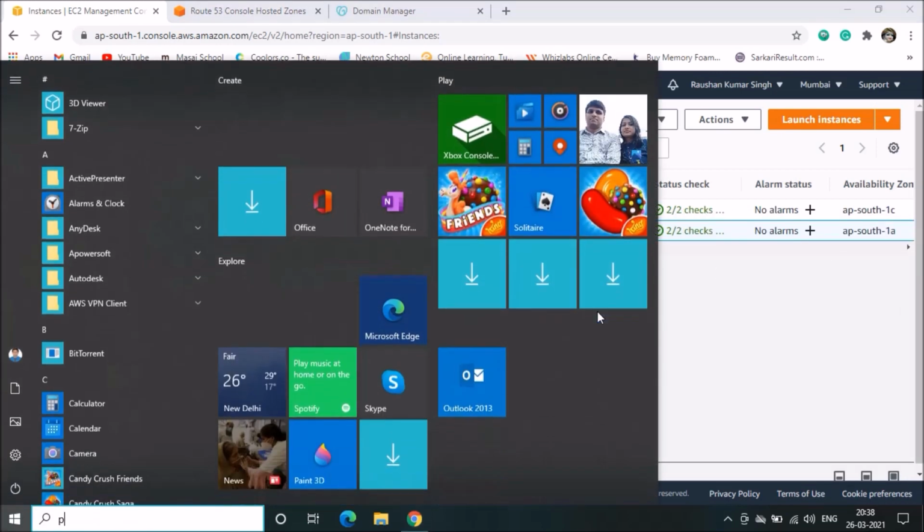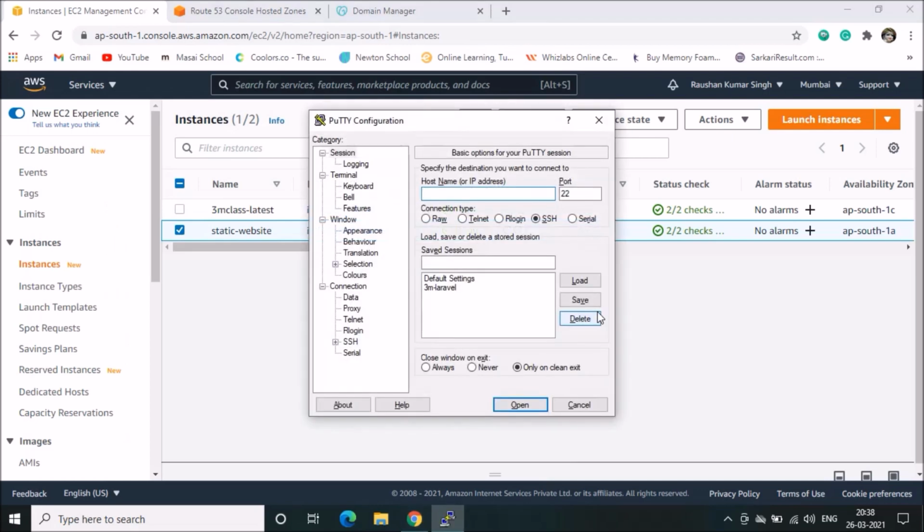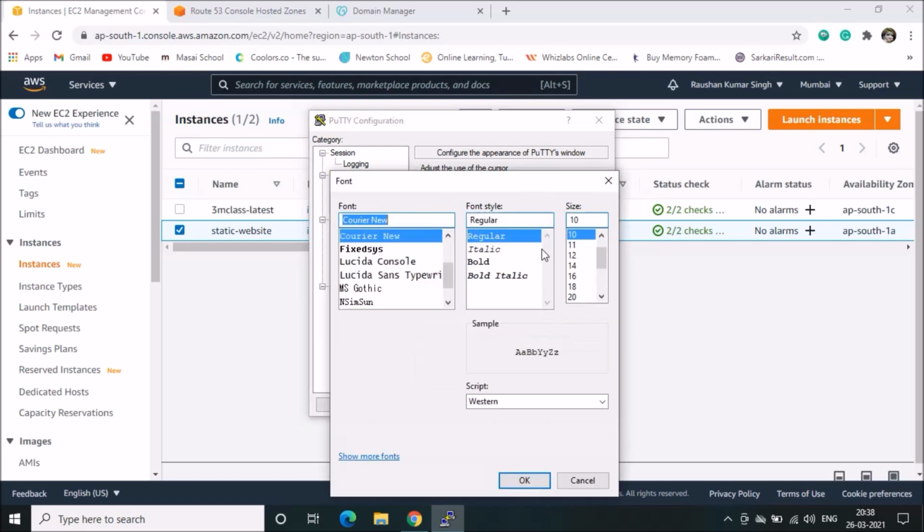Okay, then I will open PuTTY. We are taking the Ubuntu instance, so here we will give the username ubuntu@ then the IP address of the server. Then click on appearance and I will increase the font size.